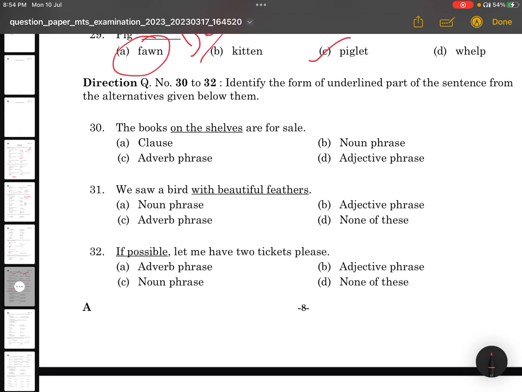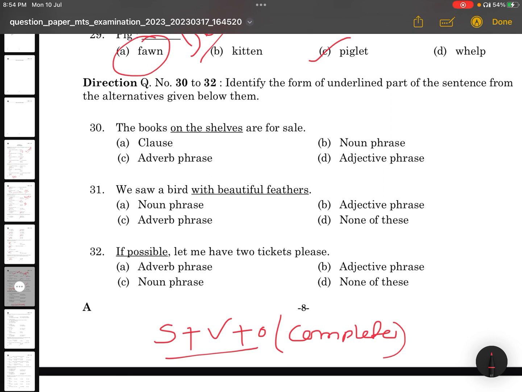Before we go into that, I just want to give you a simple introduction about phrase, clause and sentence. Generally, what is a sentence? In a sentence, there should be a subject, then a verb, and an object. With that, it should express a complete meaning. This is what a sentence is. Now, what is a clause? A clause is a part of a sentence which contains a subject and verb, and sometimes it gives you a complete meaning, sometimes it does not. This is a clause.